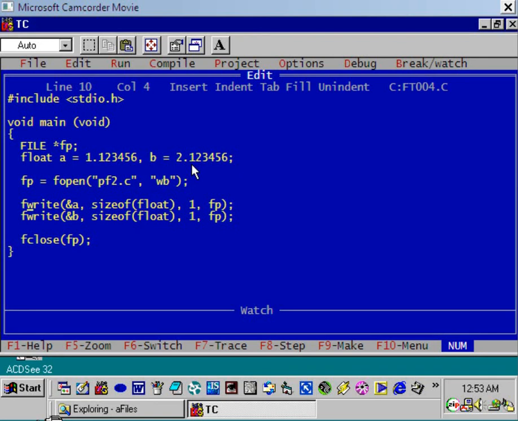So remember that if you want to save memory, then store the file in binary mode. But what is the problem in binary mode? You cannot see the content of that file using the type command, or using an editor you cannot watch the content of that file. Is it clear?